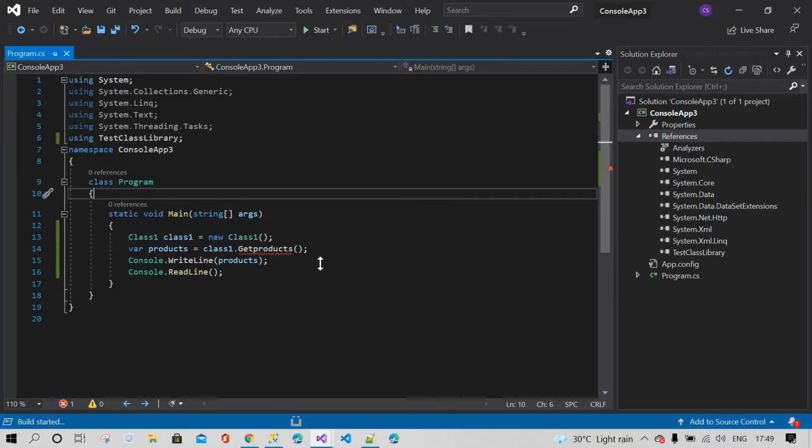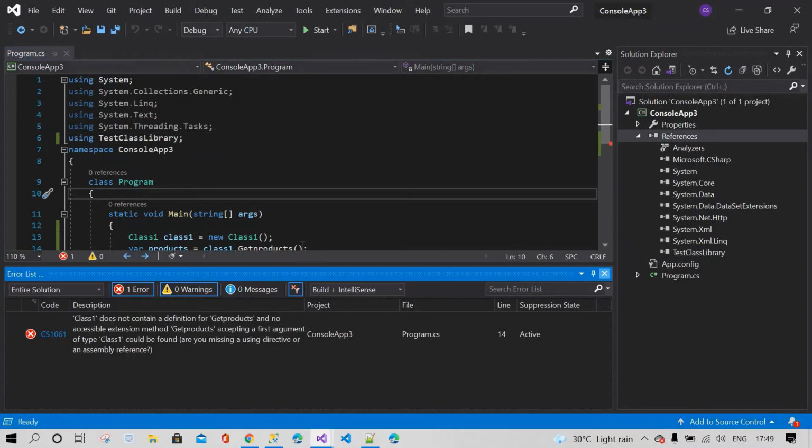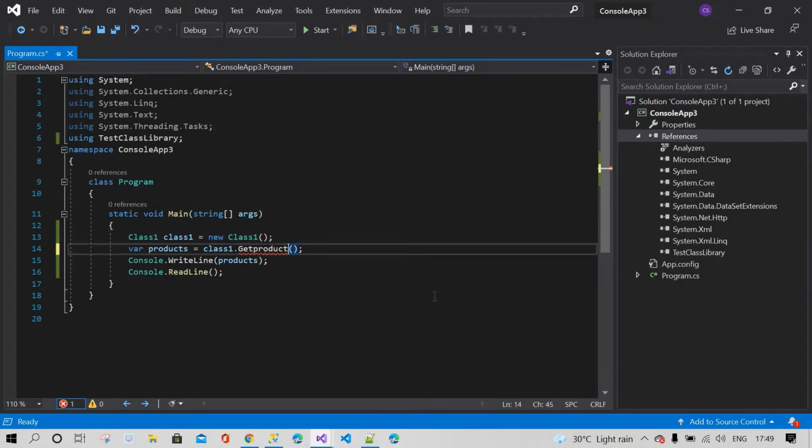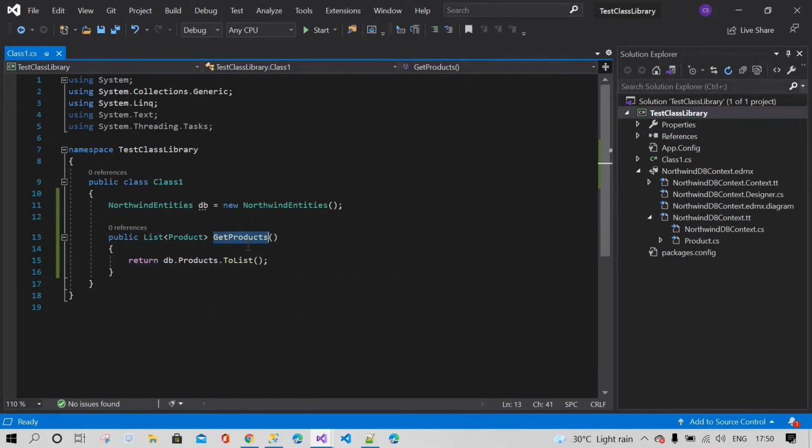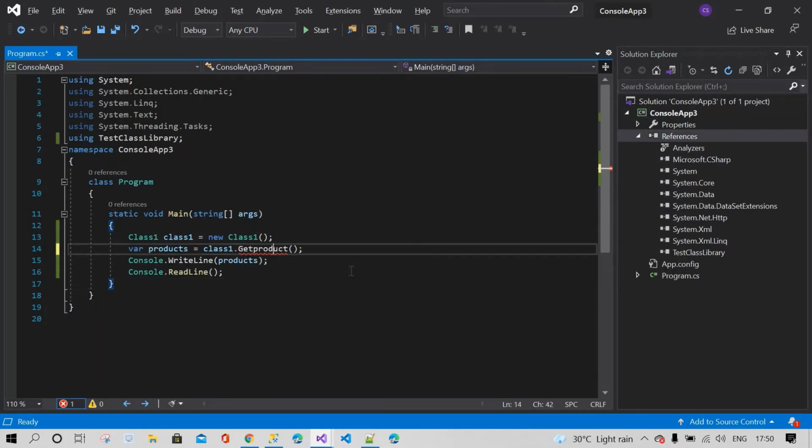Now the error is gone. The method name is GetProducts, not GetProduct. Okay, now I'm going to build the application and start it.